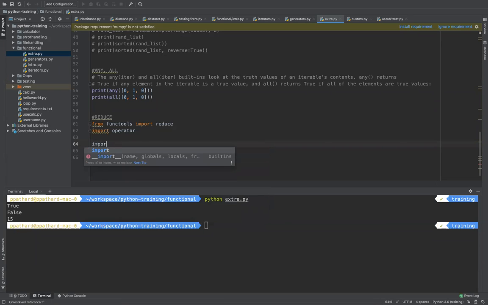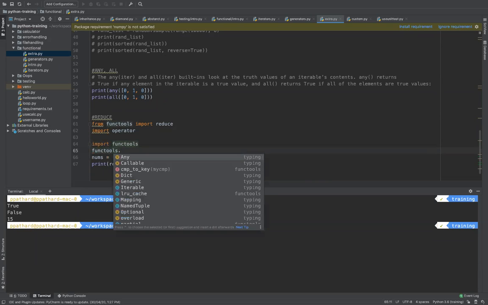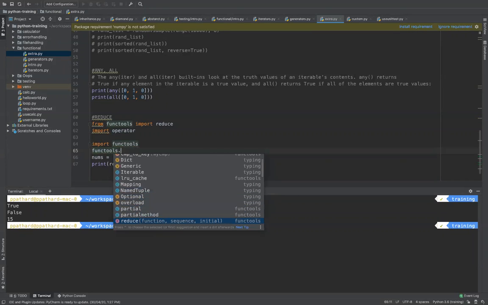Let me show you. Functools is a module which gives you a lot of additional data structures which are not there by default. For example, namedtuple, partial, some functionalities like reduce, and frozenset. We also learned about sets, right?